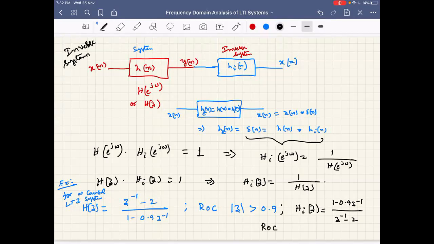ROC can be mod z greater than half or mod z less than half. Okay, which is the correct ROC? That's our question. So what do you think is the ROC for this? The ROC,